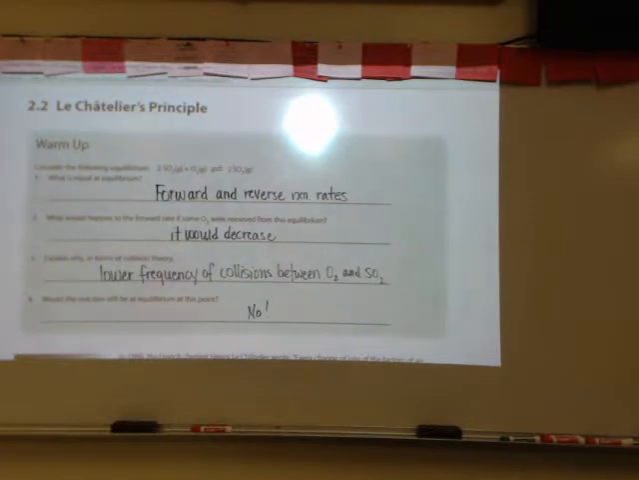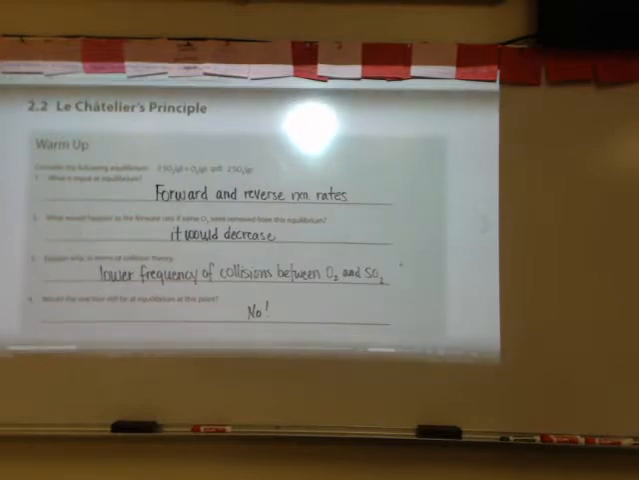So in 1888, Henry Le Chatelier wrote, every change of one of the factors of an equilibrium occasions a rearrangement of the system in such a direction that the factor in question experiences a change in a sense opposite to the original change. So to rephrase what he was saying, Le Chatelier's principle is that if we have an equilibrium